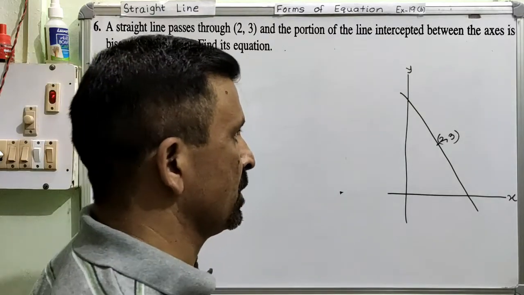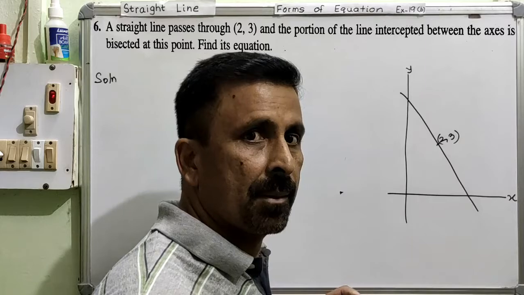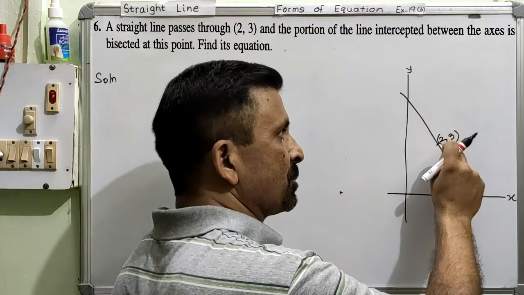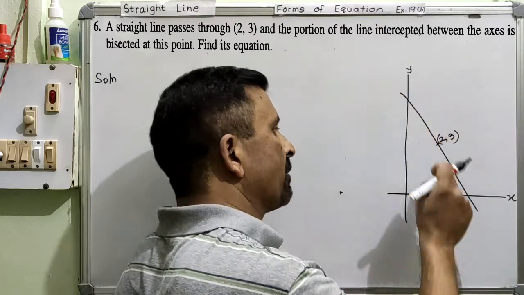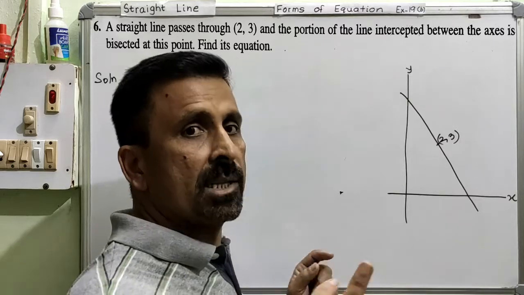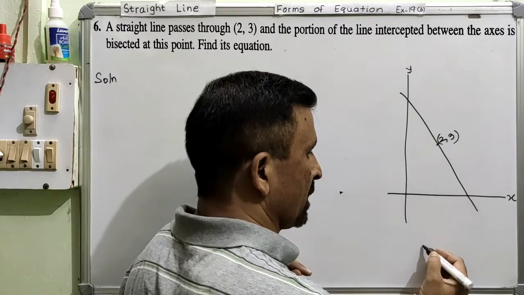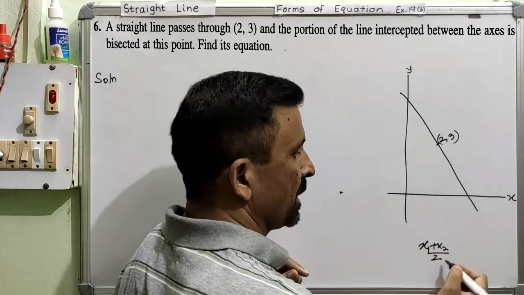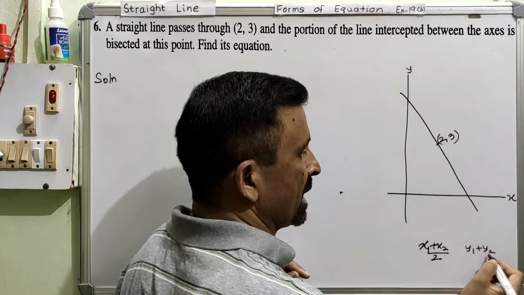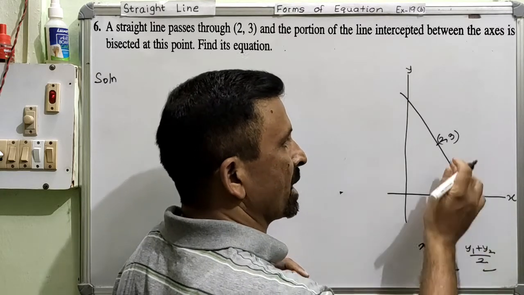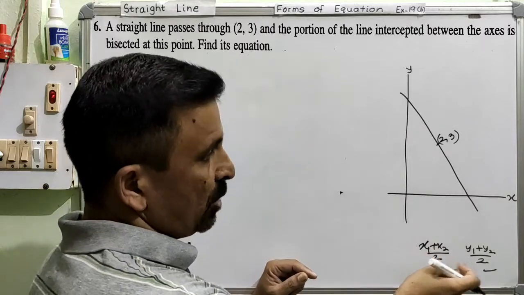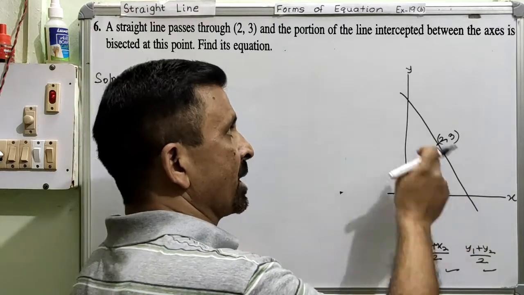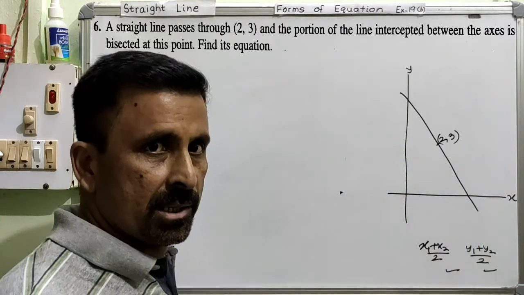Is it okay? So see, how do we do that? You know this is the midpoint, right? So how do we calculate the coordinate of the midpoint if we have the coordinates of the end points? By using the midpoint formula, which is x1 plus x2 divided by 2, and similarly y1 plus y2 divided by 2. This is the formula we use for finding the coordinate of the midpoint. Clear? So we will use this concept, and then we will be able to get the coordinates of these 2 points. And once we get them, we can easily write down the equation.